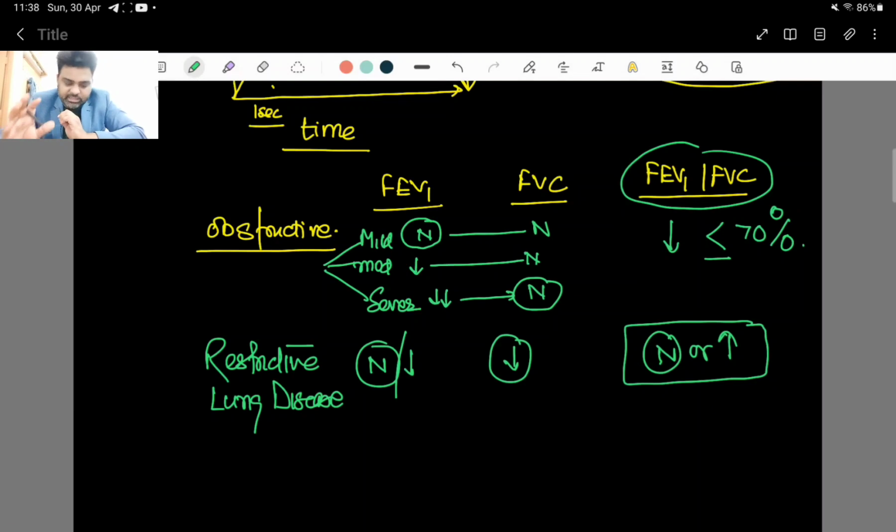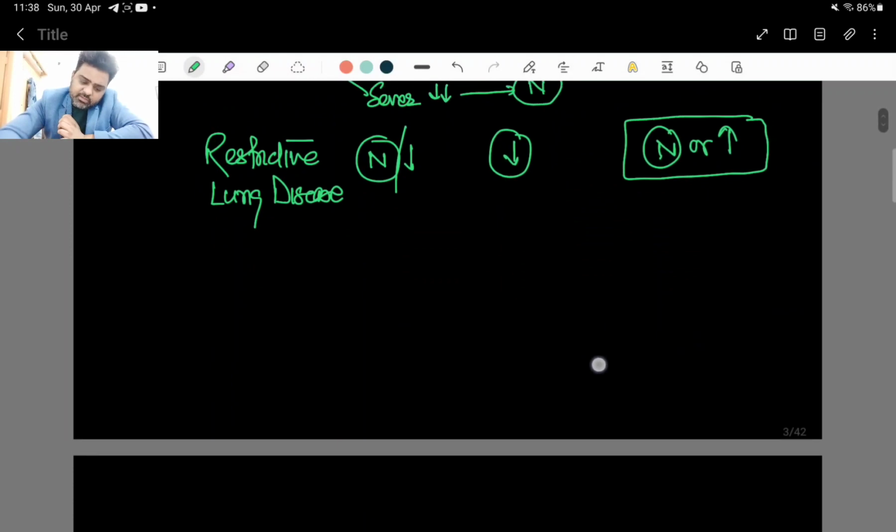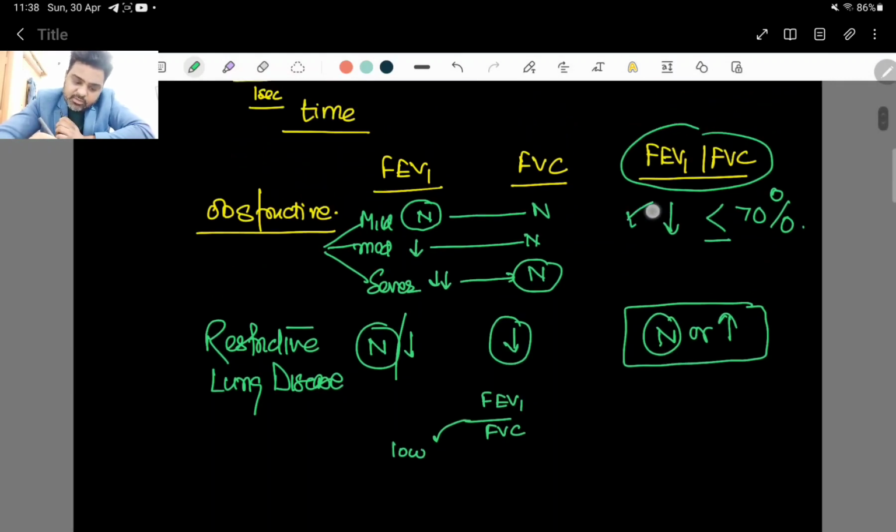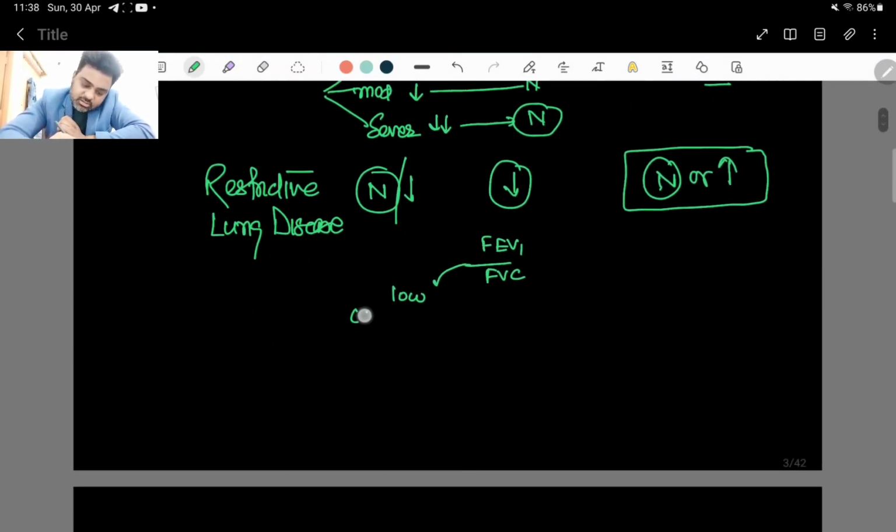So after having said this, we can form a small algorithm of how to look at a PFT. Whenever you look at any PFT, first look at FEV1 by FVC. Now, if FEV1 by FVC is low, that means it is an obstructive lung disease. This is sure. Means this patient has an obstructive lung disease. This is sure. Now we look at the FVC,